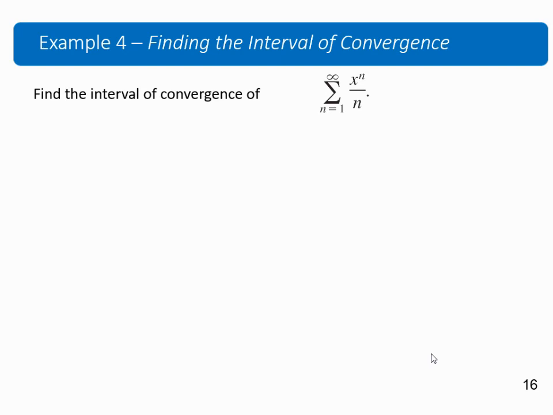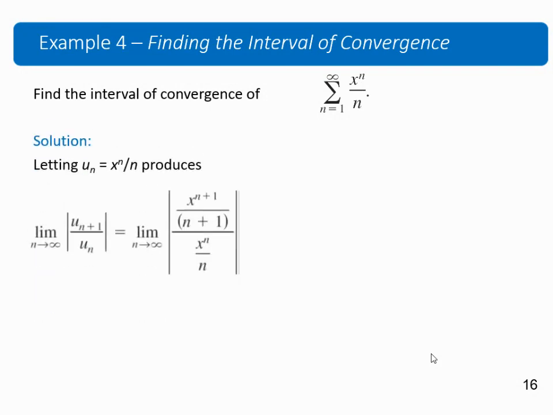And your coefficients, an, is going to be 1 divided by n. And so, again, we're going to do the ratio test. So you take the n plus 1 term divided by the nth term, absolute value of it, and then the limit as n goes to infinity. And when you write it all out and then multiply by the reciprocal of the denominator and simplify, you will get this expression,